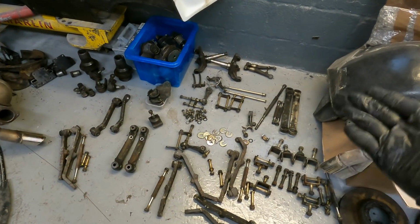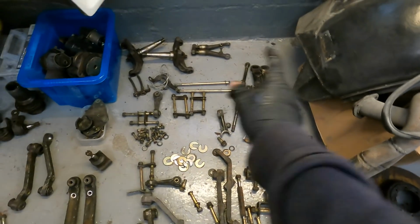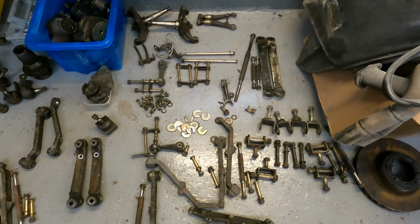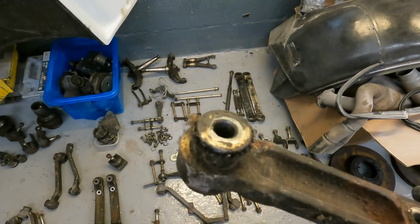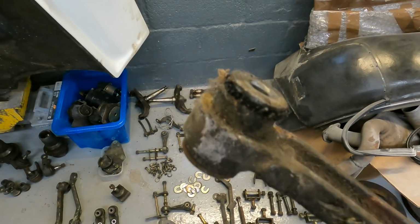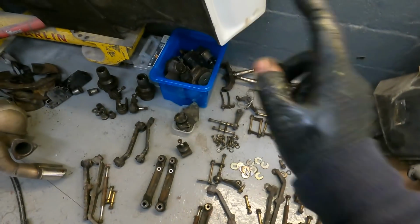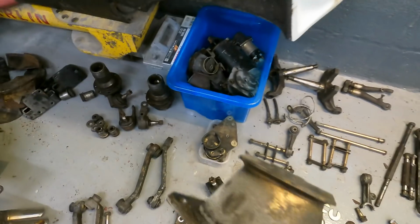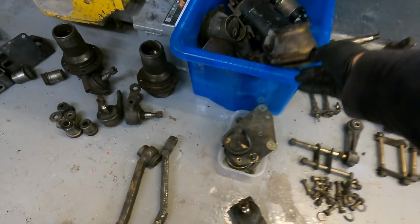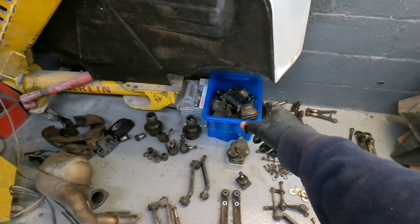As you can see, the pile for the plating shop is starting to really grow now. All of this stuff has got to be replated, but I still haven't finished because all of these suspension arms, basically, look, I've got to get all the bushings out and they're an absolute nightmare. All the stuff in the box here, things like these engine mounts, they've all got to be replated. There's bits more that I need to strip down further in there, but I've got the starter motor I've just